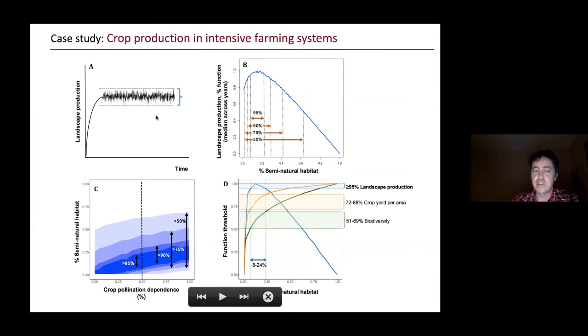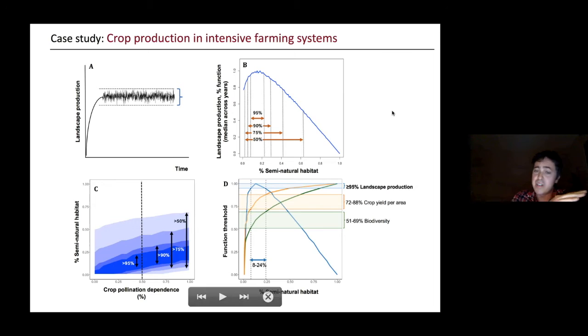We used multifunctionality approaches from ecology, but finally we ended up using the most simple approach, which was basically just running simulations and looking at what happens when you maximize one service over the others. So essentially, we can take one of the services, like landscape production here, we simulate that service over time, and then we can plot here in plot B